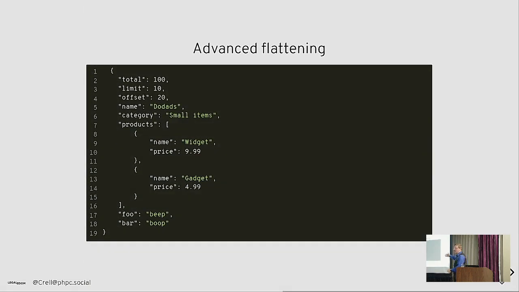That will serialize to and deserialize from this value. So we have total and limit coming from nested pagination. The second one here is coming from pagination state. These are from product type, which also gets flattened. And these last are just whatever was in that other array. And that means we can also take this data and deserialize it back into a structured object that has a better structure than the mess we're given by someone else's API. And include, we don't know what this other stuff is.